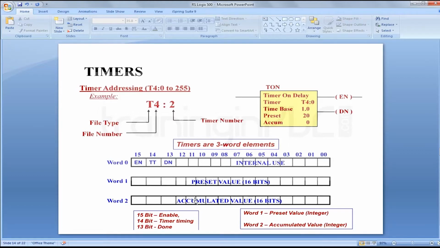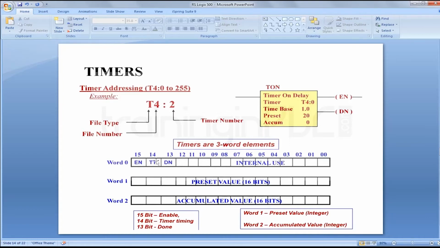Moreover, we have an accumulator also. The accumulator is used to store the running time duration. If you have set the preset duration as 5 seconds, the accumulator will start from 0, 1, 2, 3, 4, 5. Like that, it will store the running value. Got it? And that is also 16-bit. And we have the enable bit, timer timing bit, and done bit.